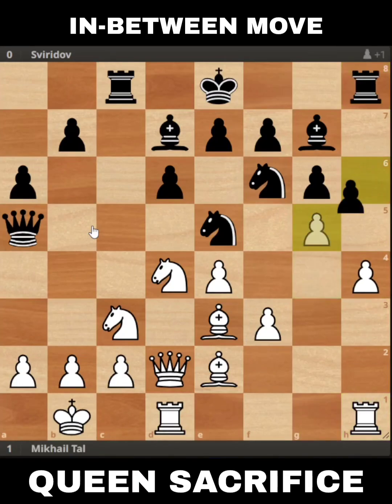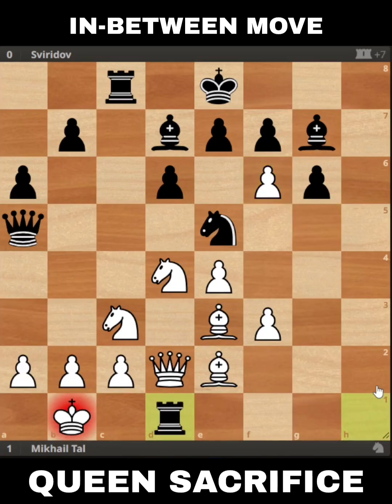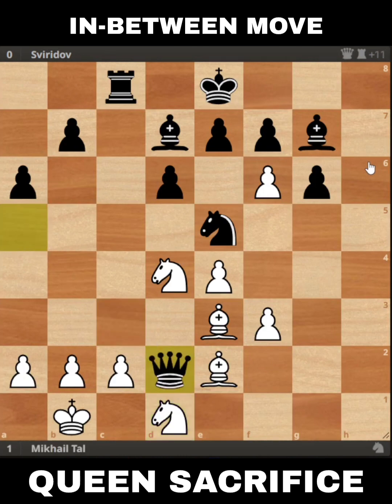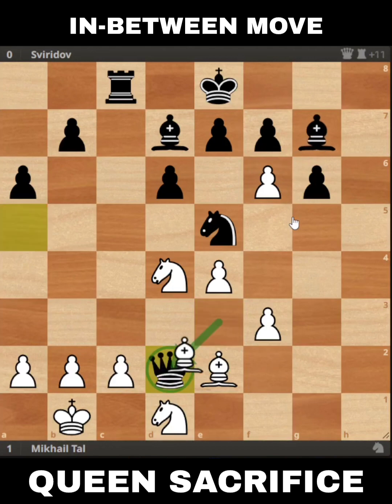Mikhail Tal calculated everything. Why? Because after rook takes h1, he didn't capture the rook here. Instead, pawn takes knight, gxf6, rook takes, and knight takes d1. As you can see, the queen is hung, the bishop is hung, and after queen takes queen, Mikhail Tal didn't capture the queen, because after, let's say, bishop takes, it's all good for Black. Instead, Mikhail Tal